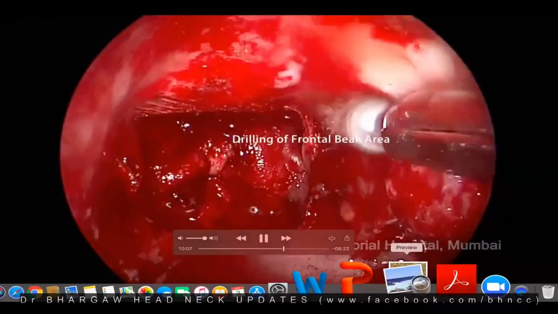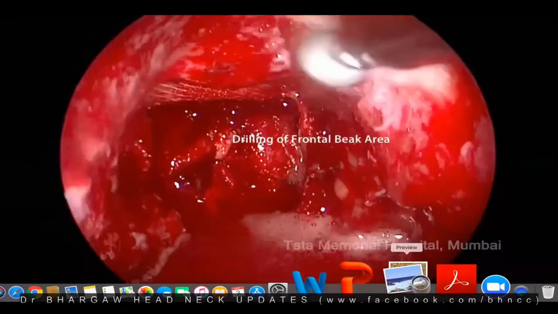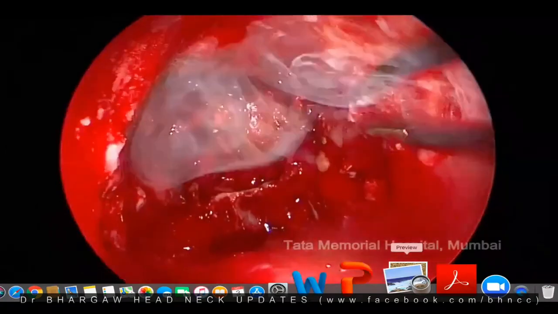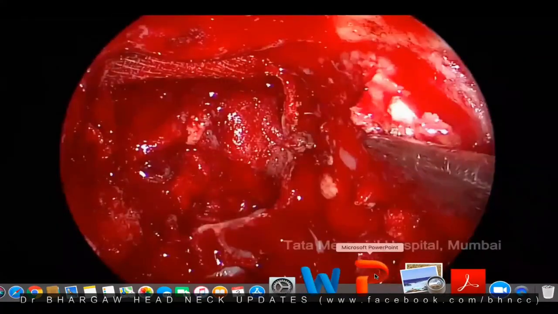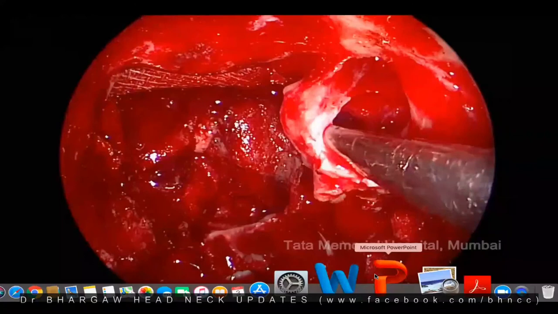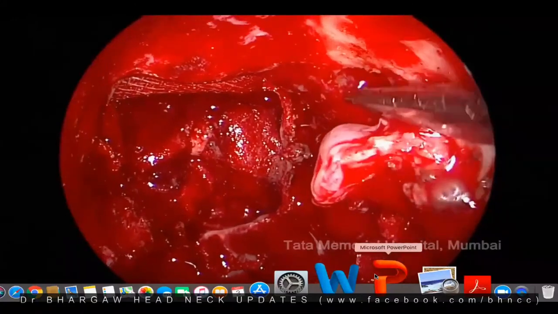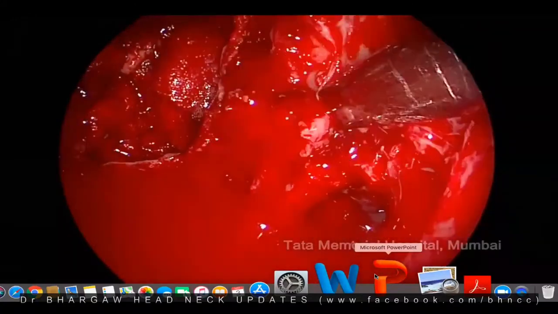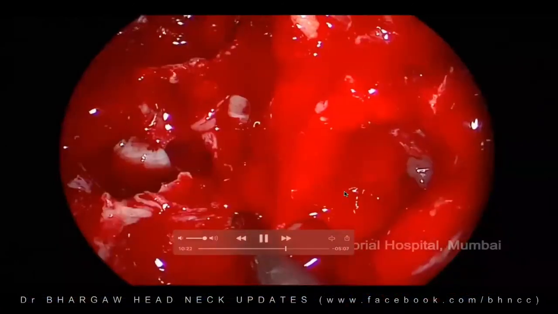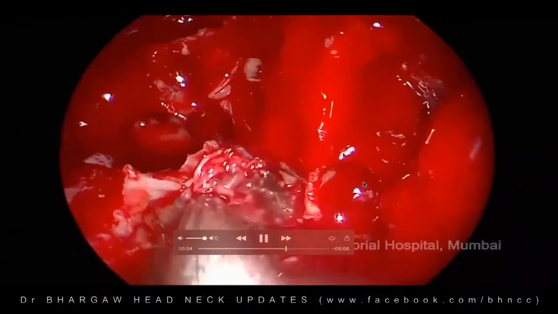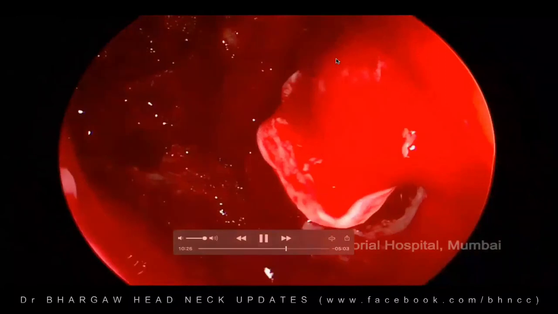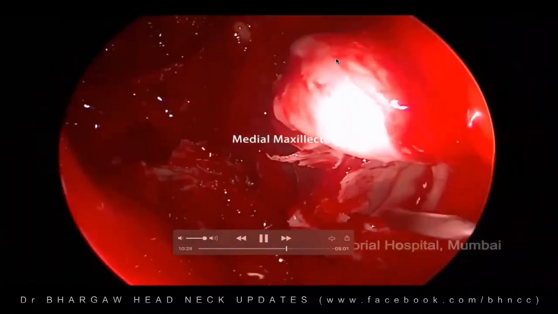Frontal beak area there. When you have to remove the fat, you don't want to do it to begin with, because the fat will prolapse and it will be a hindrance. So you can see the fat is popping out. So I just stopped there, went and did the clearance elsewhere, and towards the end you will see that I'll be removing the fat for the disease clearance